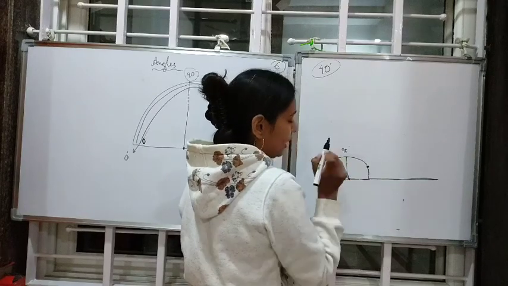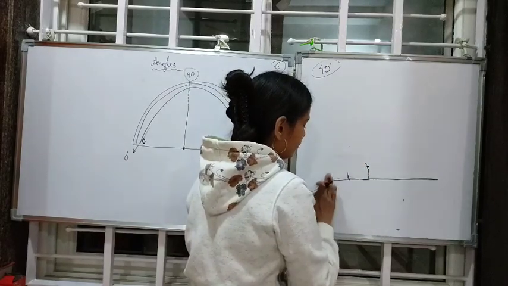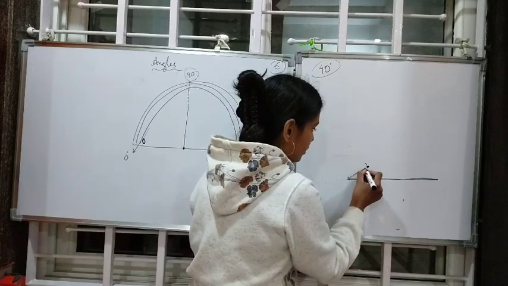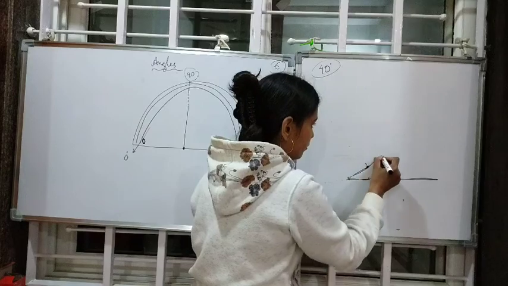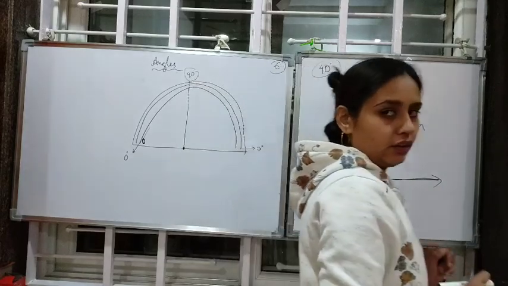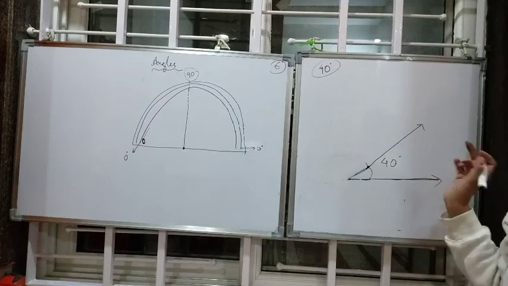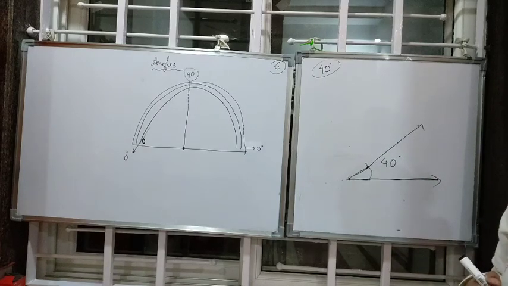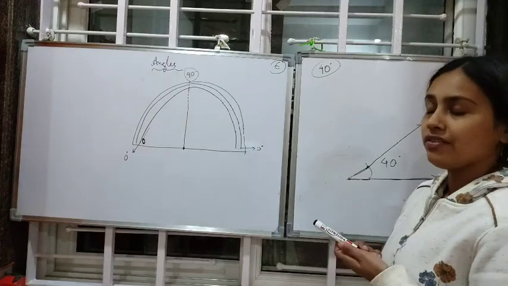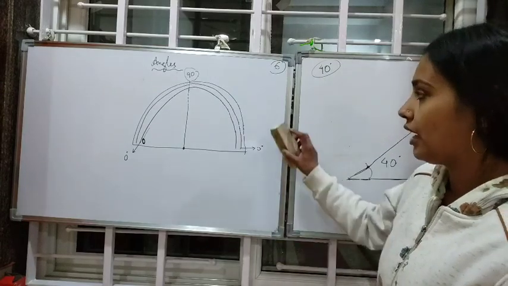So you mark the point like this and then remove your protractor. Join these two points and produce it. So this is your angle of 40 degrees. Children, this is how we draw or construct angles with the usage of the protractor. We studied perpendicular lines, we studied perpendicular bisectors. Similarly, we studied angles. Now we should study angle bisectors. How to draw angle bisectors?